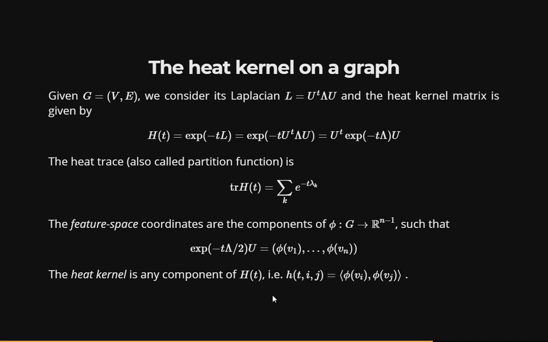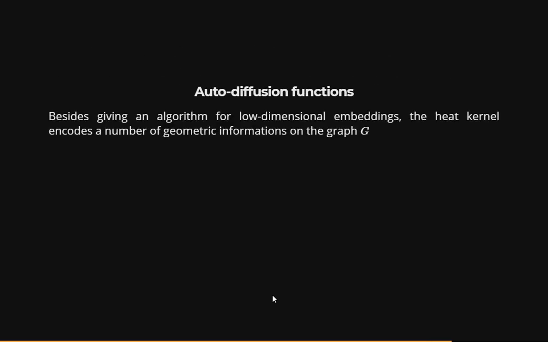If you want the heat kernel as a function of time for a starting point, it is one entry in dependence of time, etc. Now, this was the low-dimensional embedding, but we can get other information from this